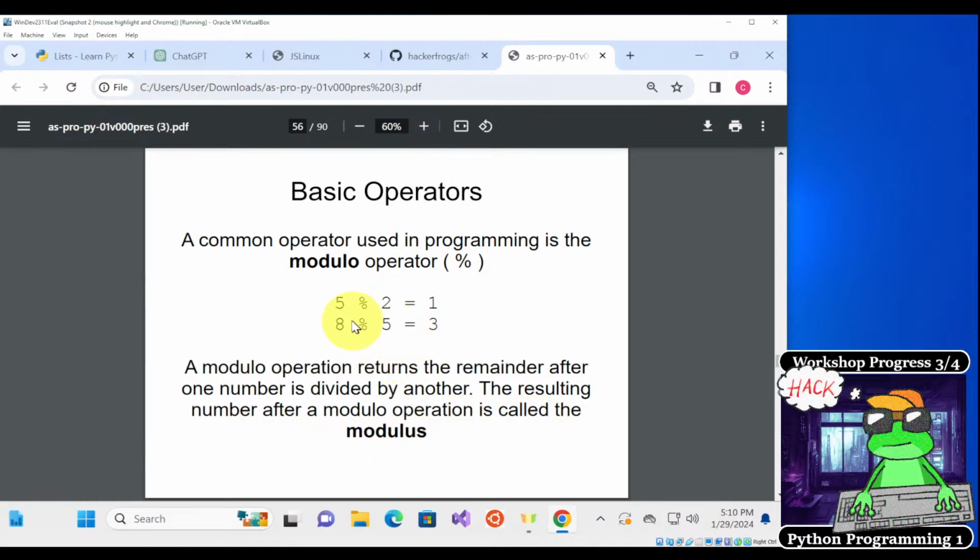So here, 5 modulo 2 is equal to 1, because 5 divided by 2 is 2 remainder 1. And here, 8 modulo 5 is equal to 3, because 8 divided by 5 is 1, and the remainder is 3.